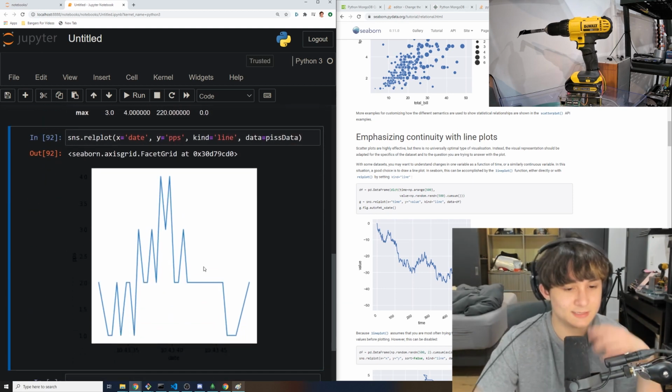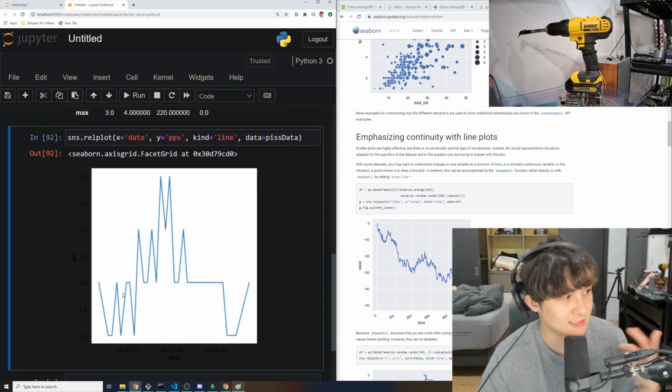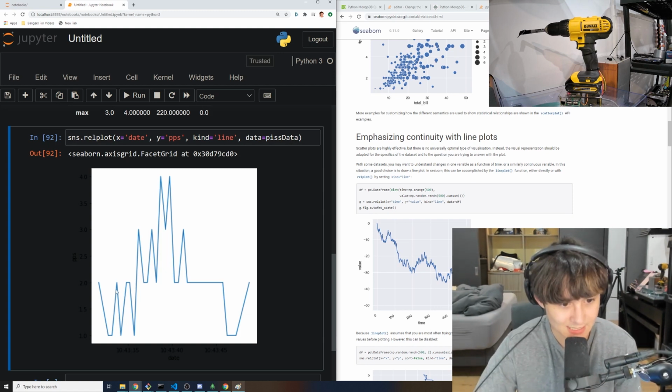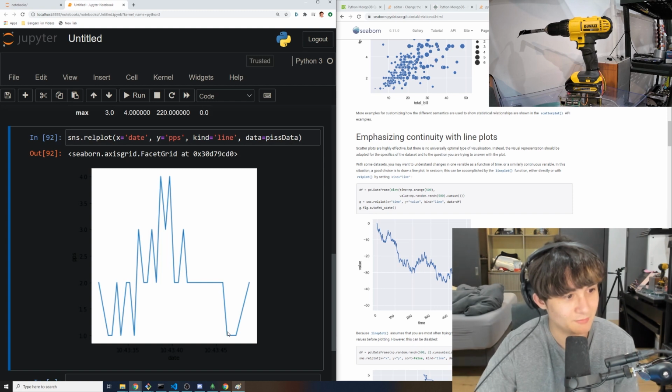So this is the velocity of piss over time. At this point you're starting out, and this is the main part of the piss. You kind of drop, and then this is when you're done pissing, right? I assume this little divot here is when you're like, oh, I'm done,